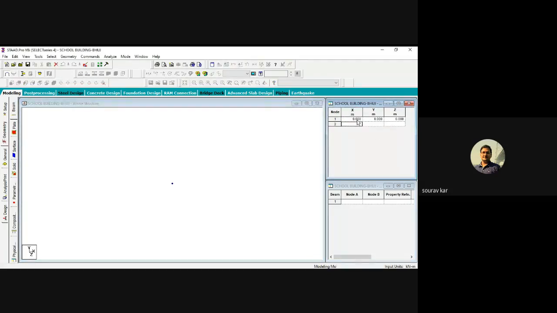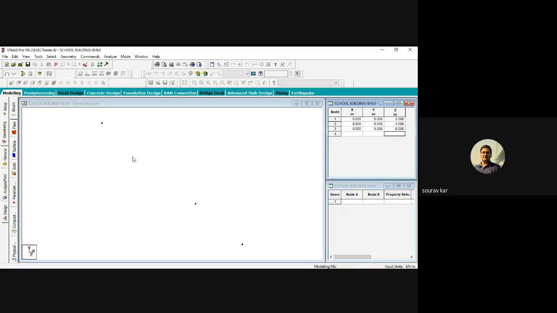I am drawing the first node 0, comma 0, comma 0. Next, let me draw the node. Now in the z direction it will be 4 and another it will be 2.